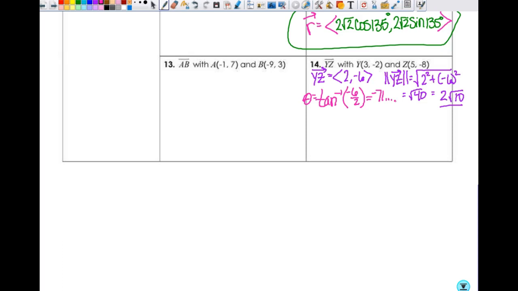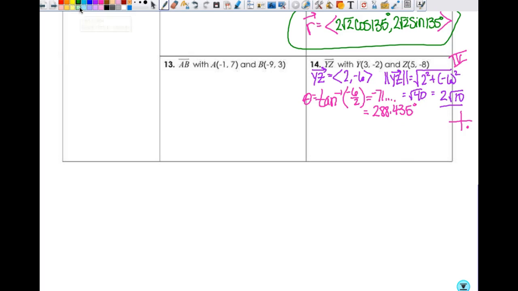Okay. And then, but this angle that they gave me is in which quadrant? This negative 71 degrees. It's in the 4th quadrant. This is directed towards what? The 4th quadrant. I do want a 4th quadrant angle. However, I don't want it to be negative. So what do I do to get the angle I want? Add 360 to it. So what you end up getting for your angle is 288.435,